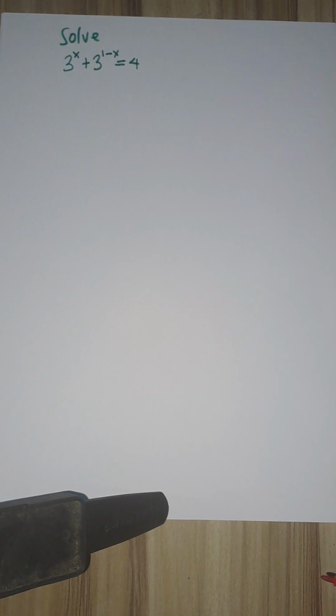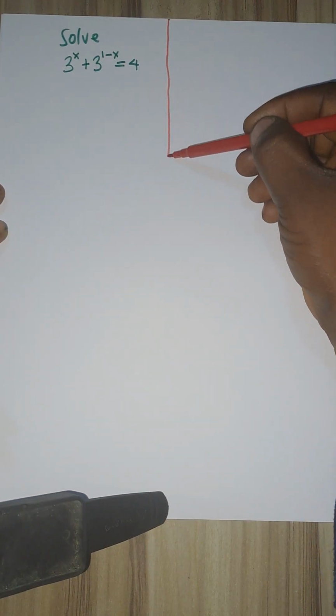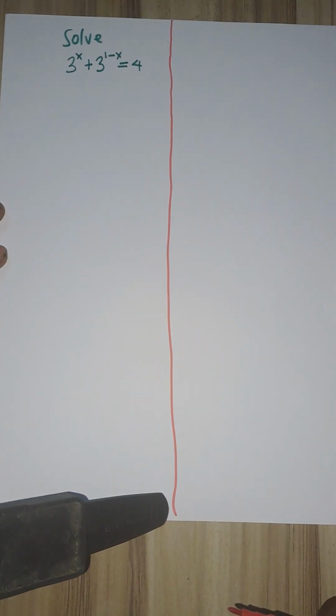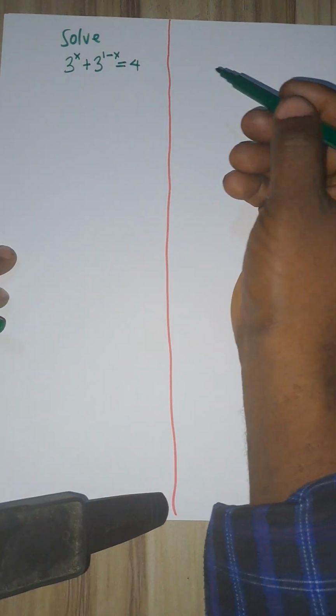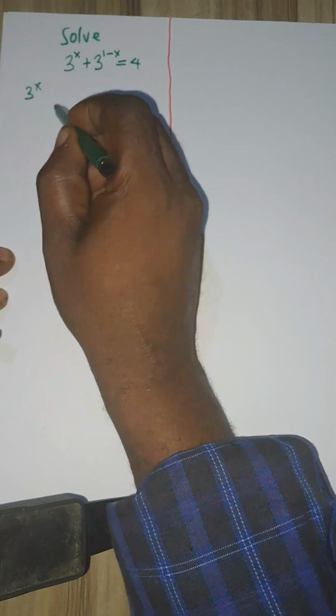Friends, let's solve this problem. I will solve it using two methods. The first one will be the conventional method. The second one will be the finance method, the method I invented to solve problems like this. Now, conventionally, what we will do is we have 3 to the power of x plus